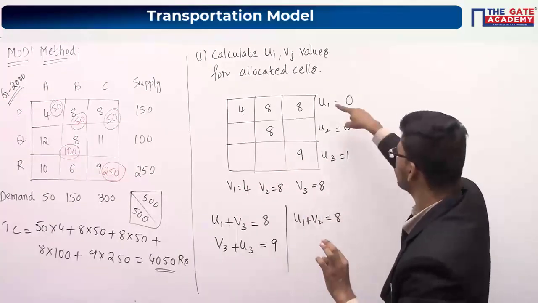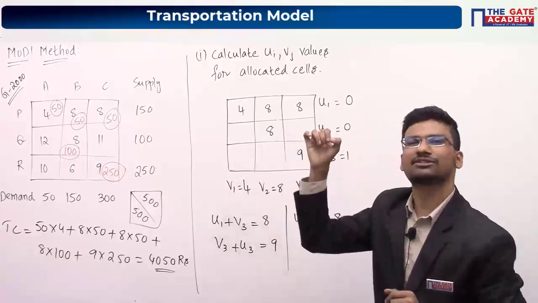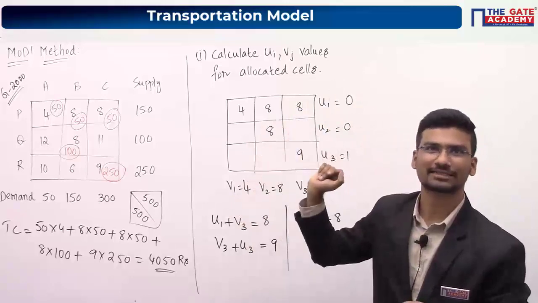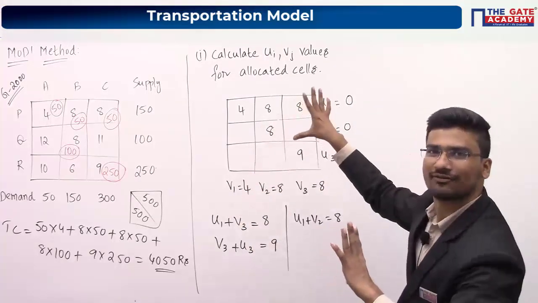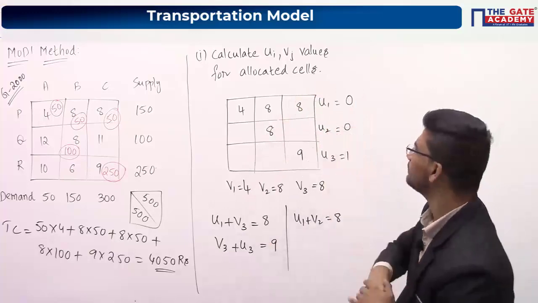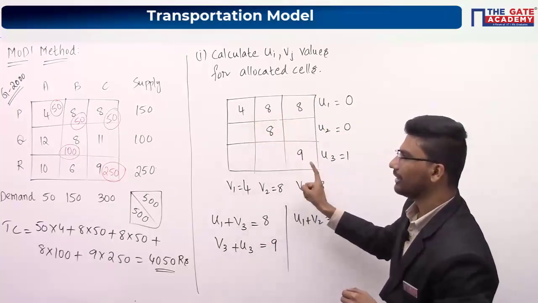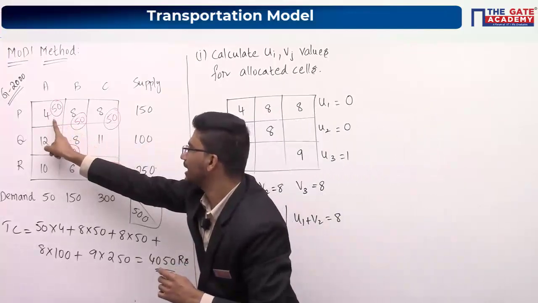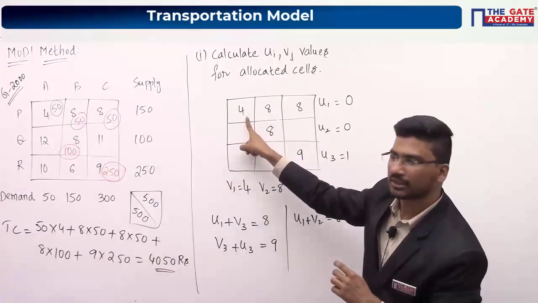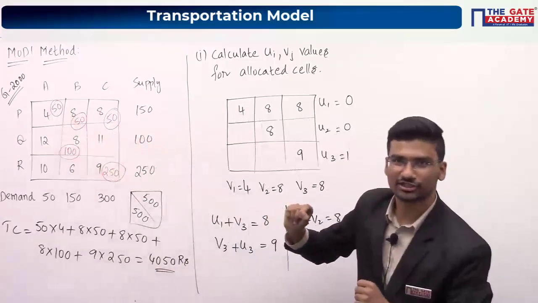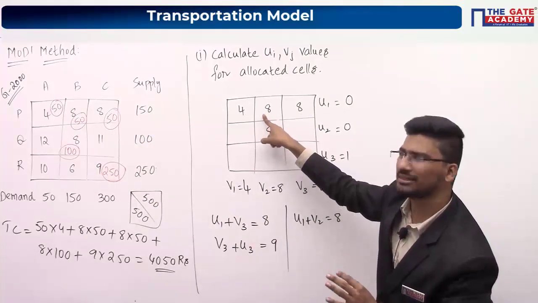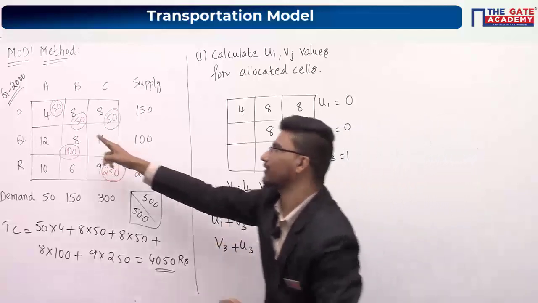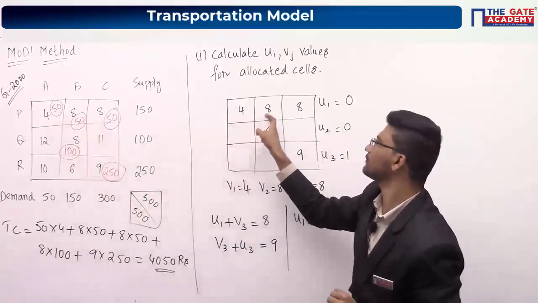Any one variable. We have 6 variables here. Among these 6 variables, you can assume any one variable as 0 and calculate the other variables from this matrix. So Mohammed, I am just repeating this briefly. Here we started with cost values. In this particular cell we have an allocation, so we have written the cost value here. In this cell also we have an allocation, so that cost value we have written. That means we have written cost values where allocations are present. Here we have 5 allocations, so those 5 cost values we have written here.